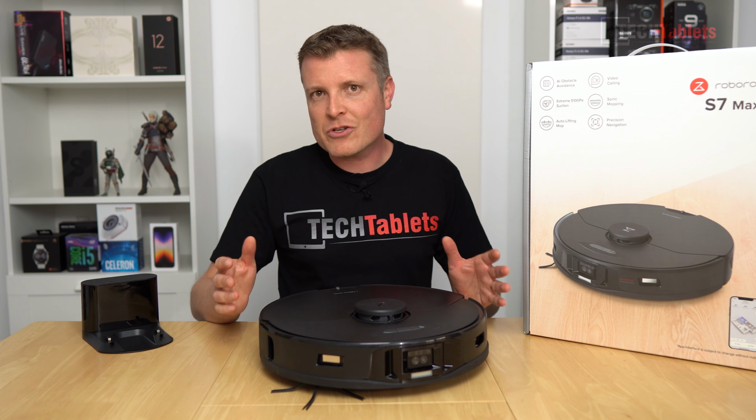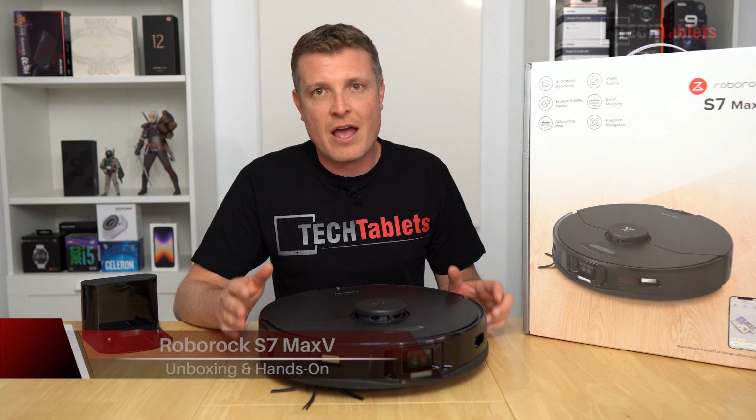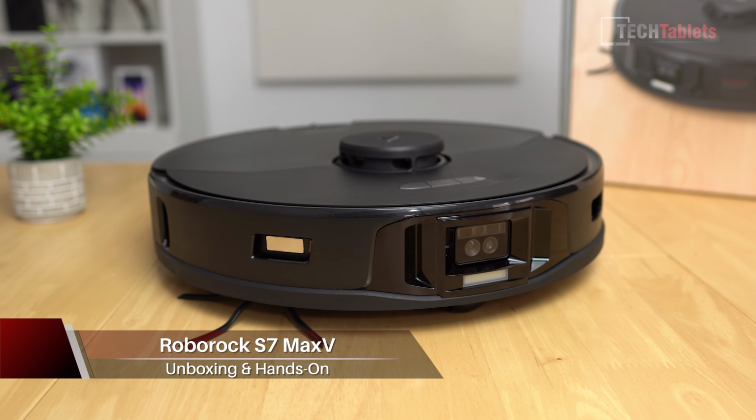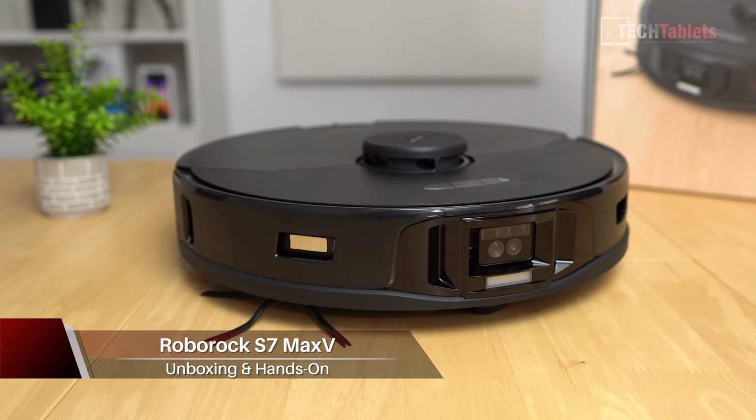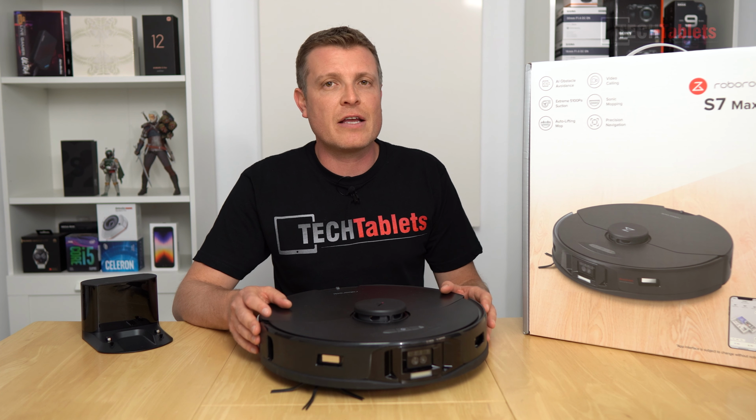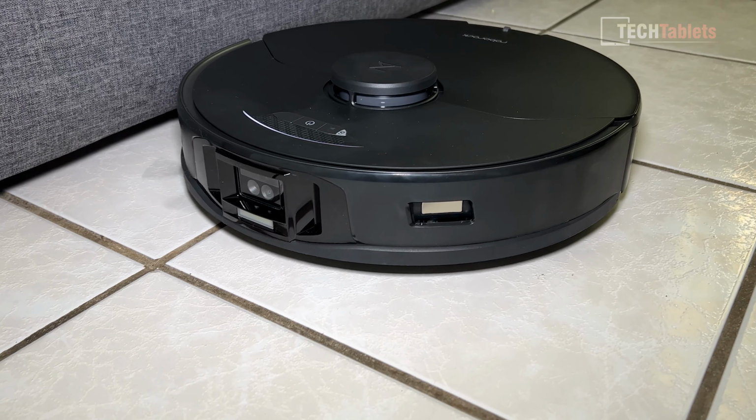Chris here with the most advanced robot vacuum that I have tested to date. It's from Roborock. It is their S7 MaxV. Why is it so advanced? Well, it has reactive AI, Roborock calls it, and it's combining structured light, 3D scanning, and an RGB camera that